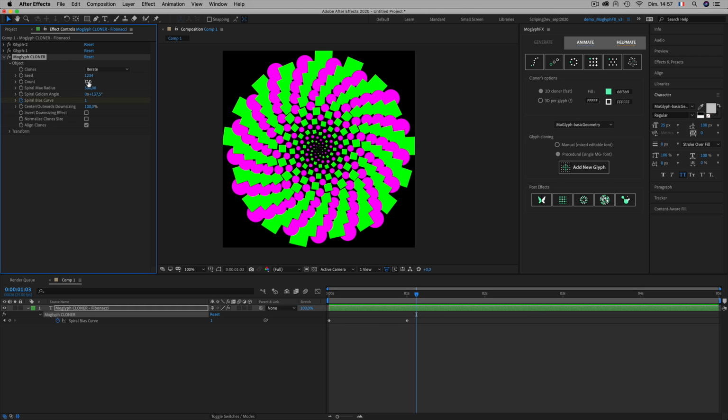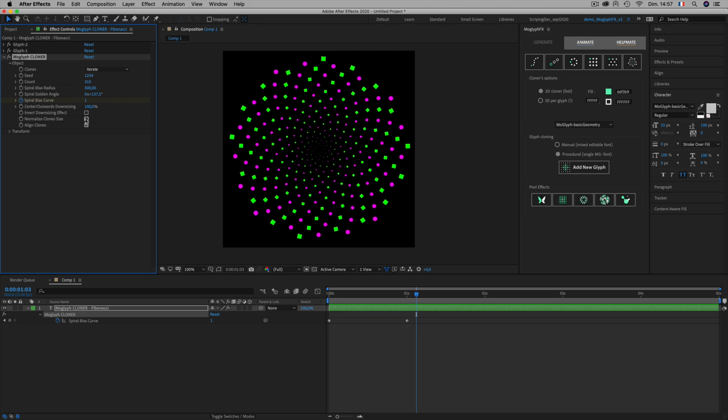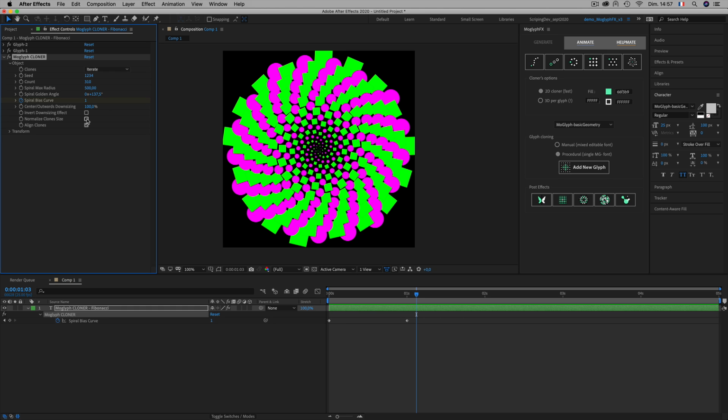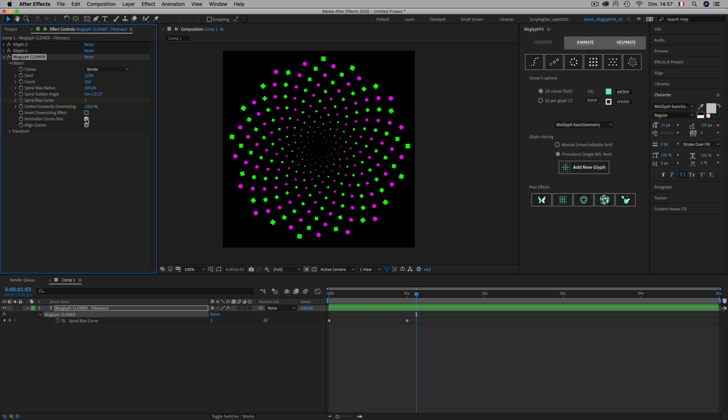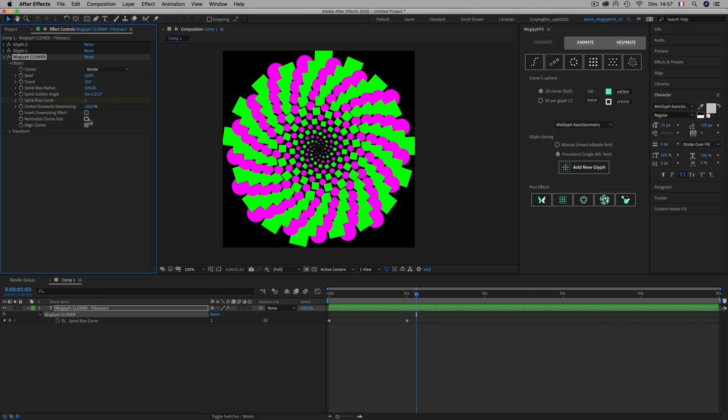So usually if I have a high count of clones, I tick that on, but just do as you want, okay? If you leave this one ticked off, you'll retrieve the exact same scale, which is 100 by 100 by default for each glyph, right? So I will tick that on, and I will leave that off for the moment, just to demonstrate this last